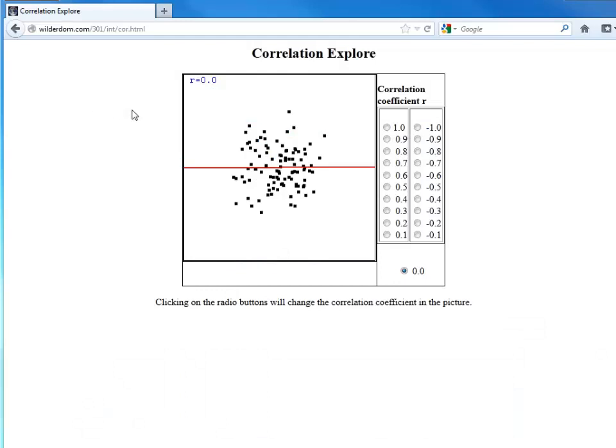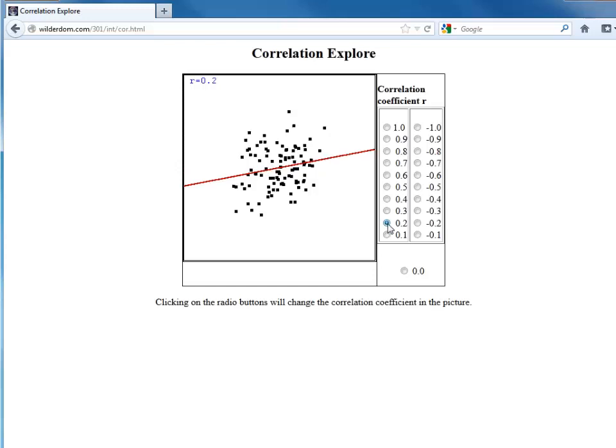To give you a sense of what this looks like graphically, I'm using an interactive correlation website here. Right now we're looking at a relationship between the data that are graphed here of 0. If, however, we look at increasing correlations, that would be a correlation of R equals 0.1, or 0.2, and you see now we're starting to see the beginning of a more visible relationship as we get into a correlation of 0.4,